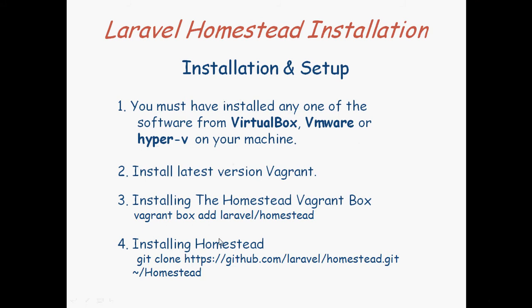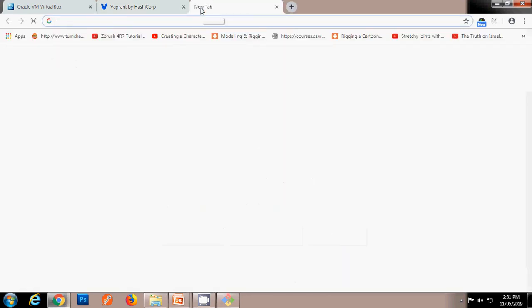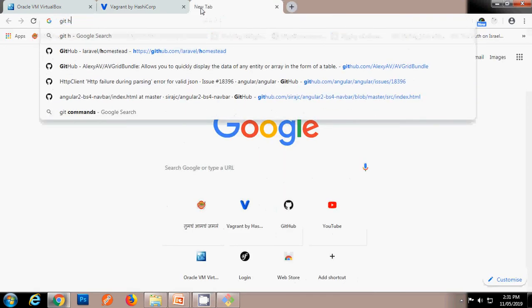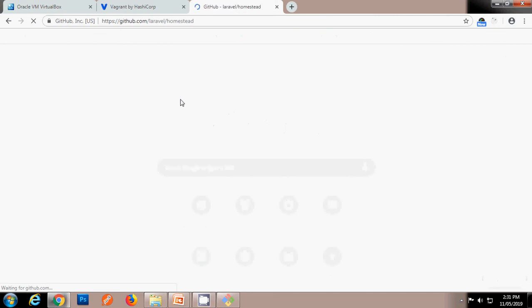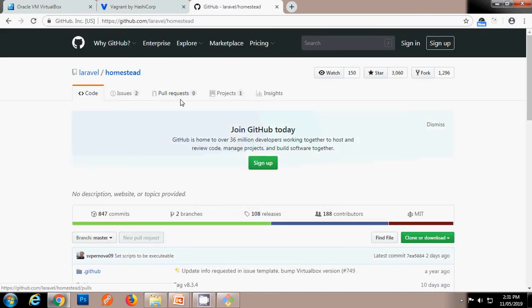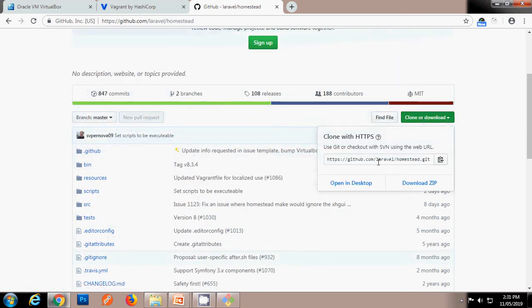the clone. You have to clone the homestead.git repository into your home directory. So let's go to the browser first and then type git homesteads. This is the URL of a git repository. This folder actually contains all the code to run the homestead environment. So just clone it